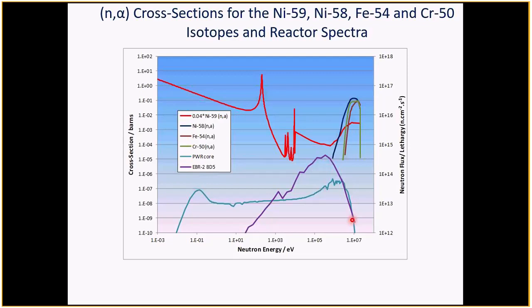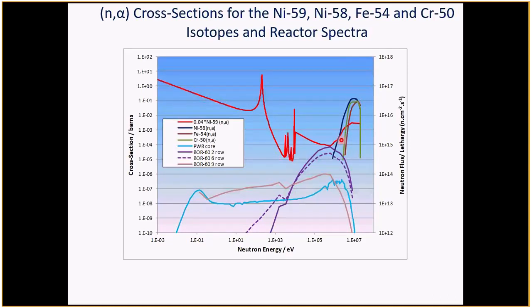For experiments in the EBR2, there wouldn't have been too much helium to worry about. But there's a reactor in Russia where people have a lot of experiments, and this is the Bohr 60 reactor. And depending on which irradiation site you were in the Bohr 60 reactor,